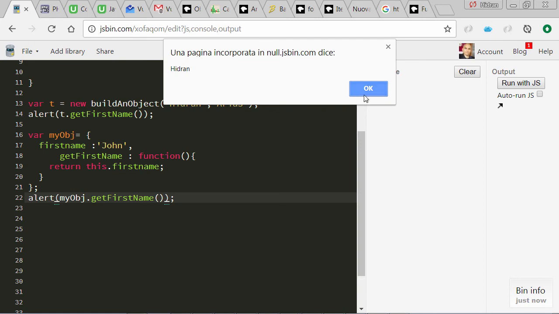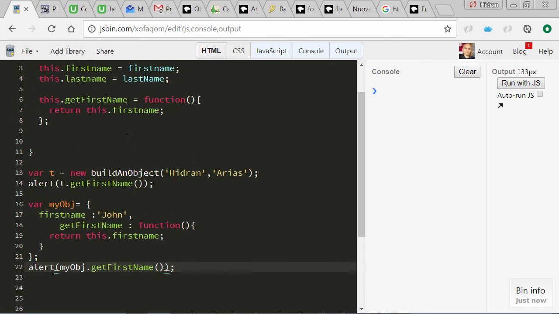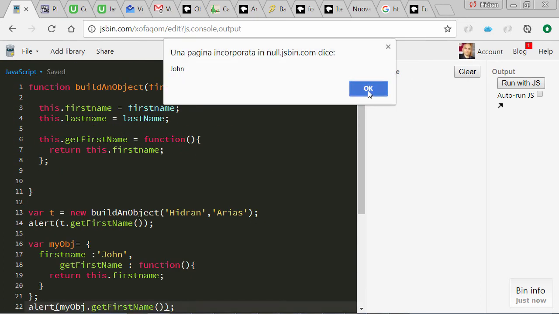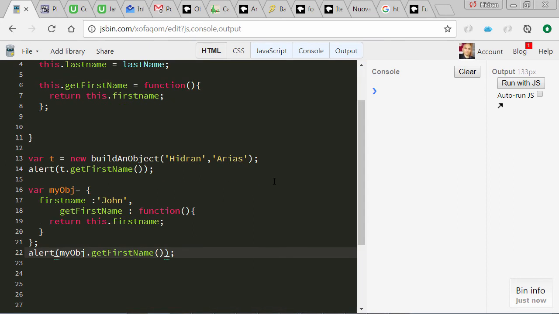And you see that, no, because I... okay, we have the first call here. So we have Idran for the first one and John for the second one. Now